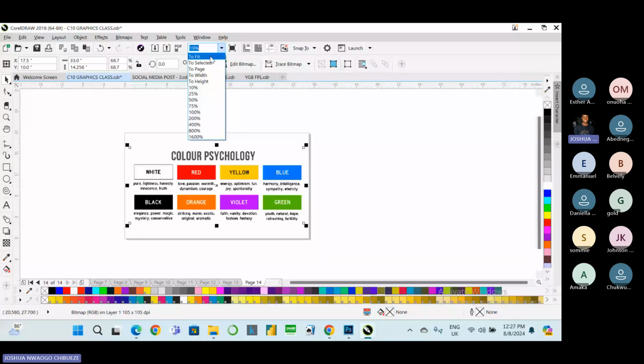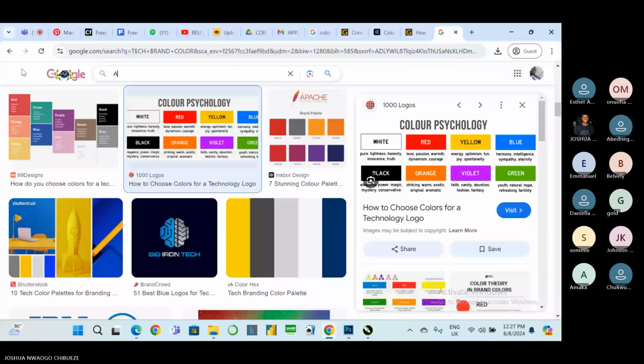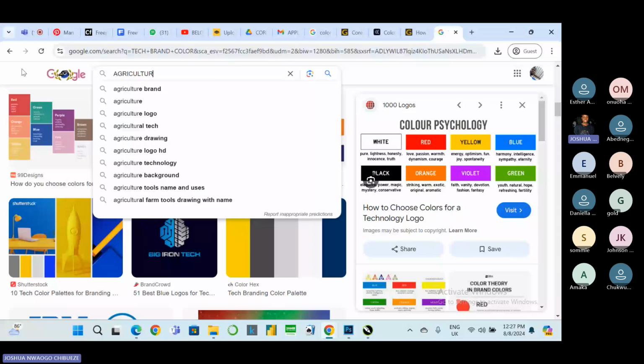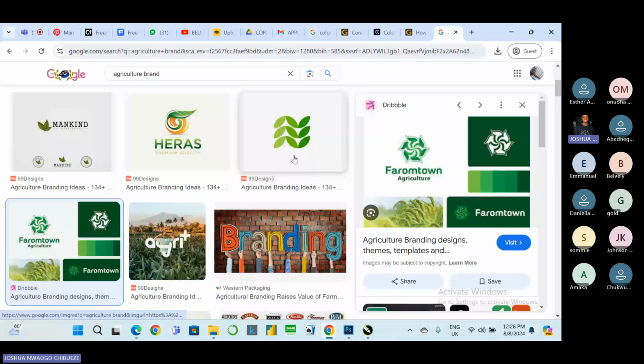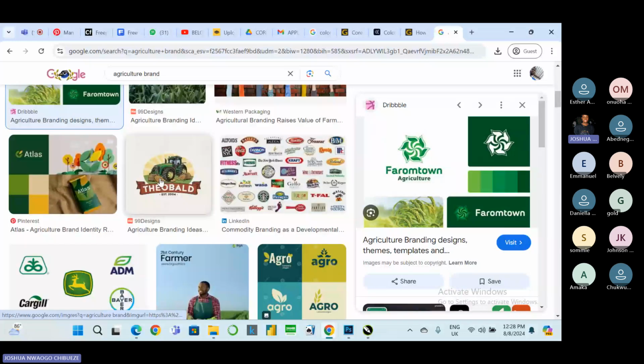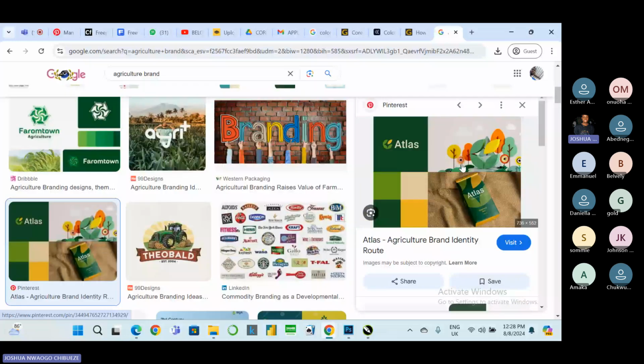So let's say agriculture brand. You start seeing green, right? Green and yellow. The problem with most persons, why they can't select the right colors, is because they don't do research, right? When you do research like this, you will even see the color palettes of other brands. Then you can copy the image,